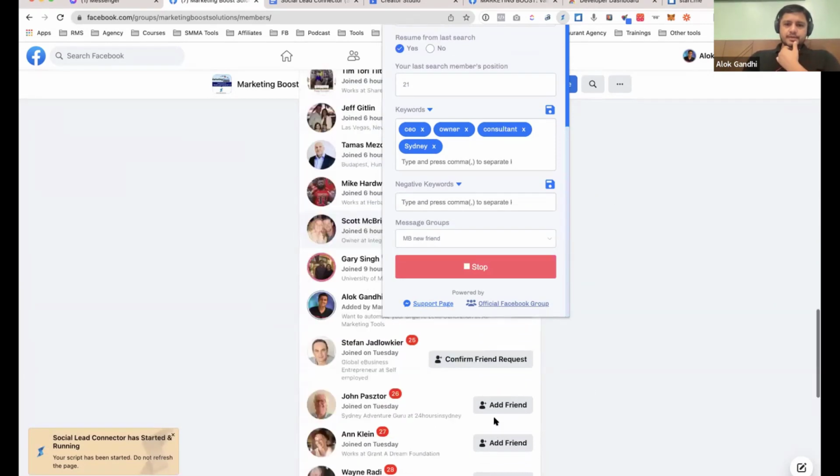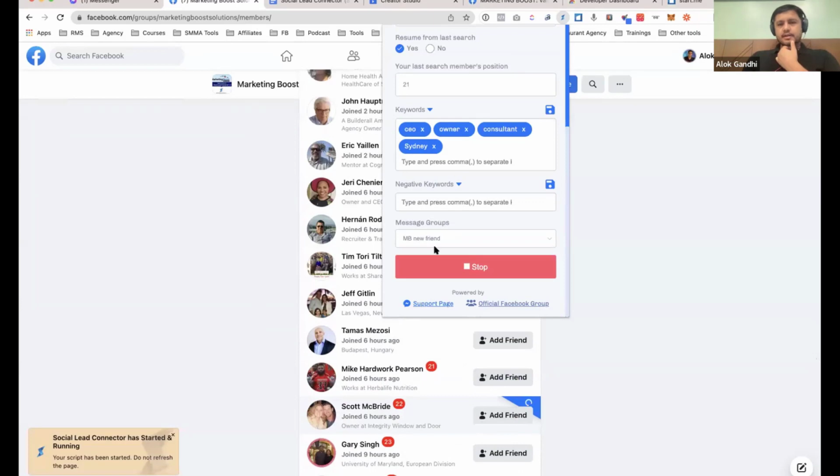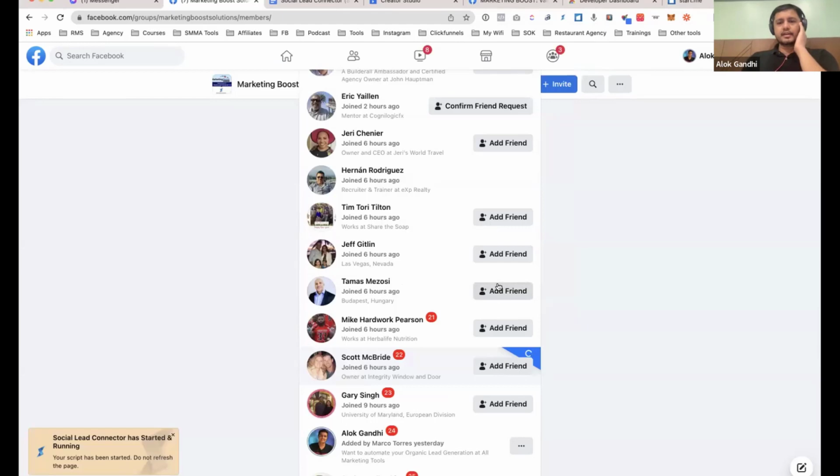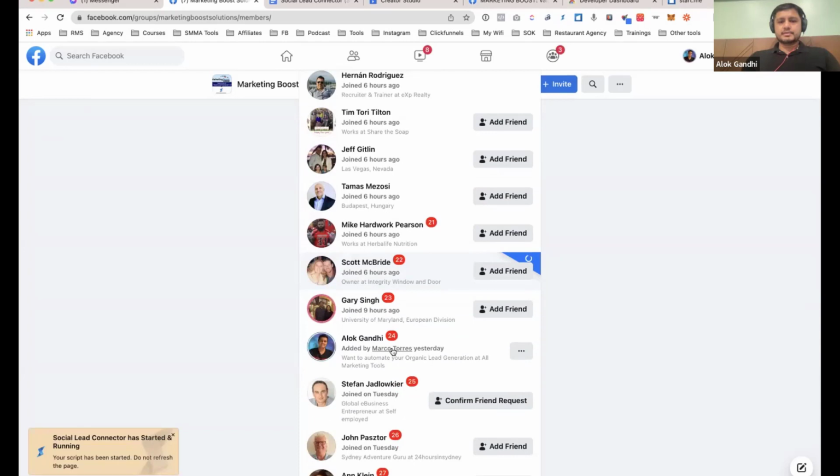Now what it is doing in the background is, I should have done 20, my bad, I just did the wrong number. So it skipped the first 21 and started from the 22nd. Because the keyword also matched, which is owner, Scott in his profile says owner, it matched this particular keyword and is moving forward. So it's going to add Scott. On automation, I can literally click out now because it's already running. I don't need to worry about saving, because it started running.